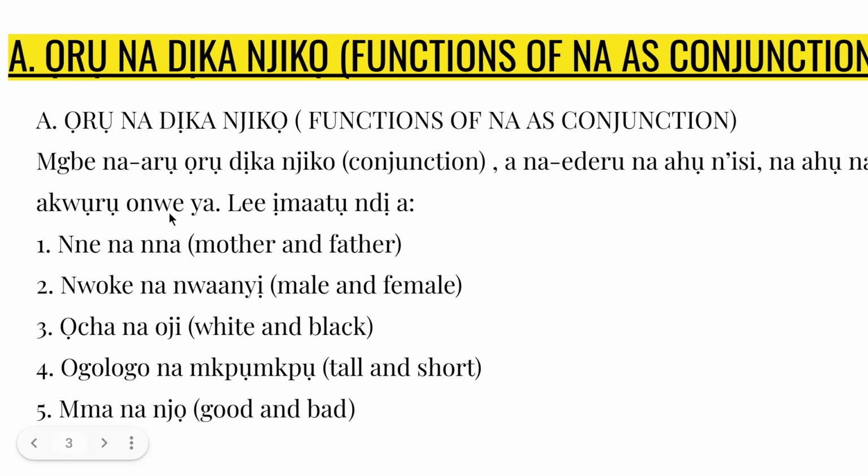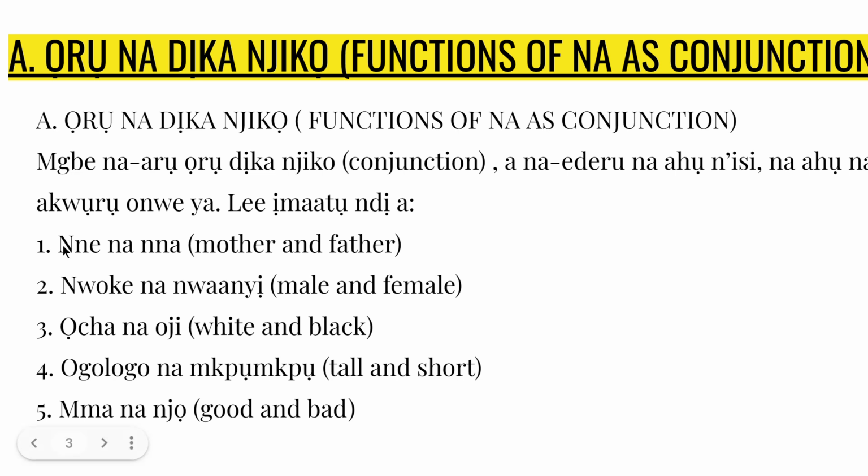That is when this na is functioning as conjunction. We are talking about this na or this one. Yes, the same thing. When you are writing it in full, N-A, or in Igbo, ne-a. When this na is functioning as conjunction, the njikọ, we write it in full and it will stand on its own. It will not allow anything to depend on it, nor will the na depend on another thing. It will stand in the middle of what it is joining together. Are we following? Now let's look at some of the examples we have here.